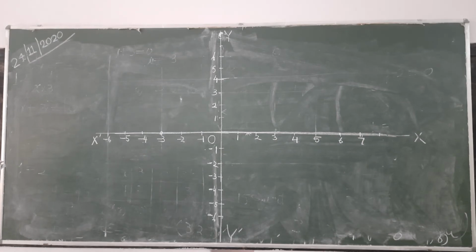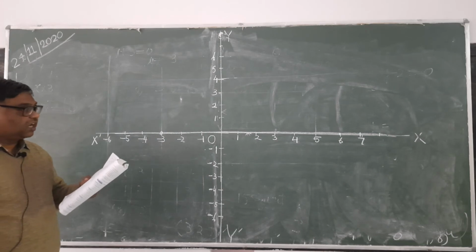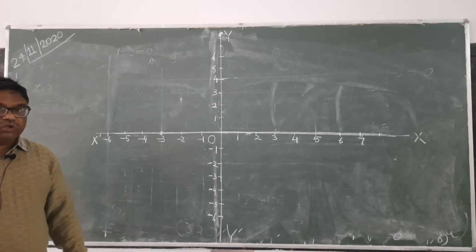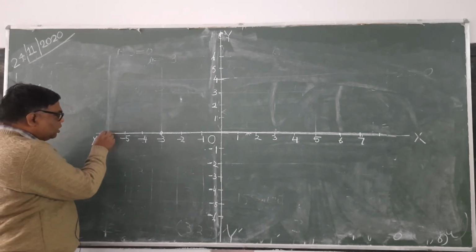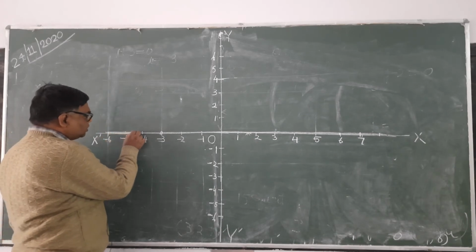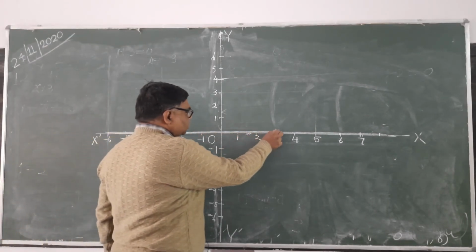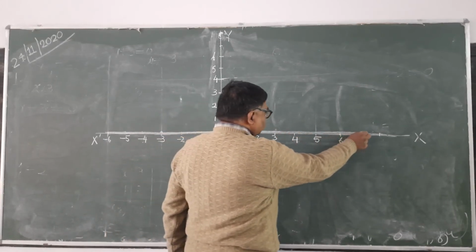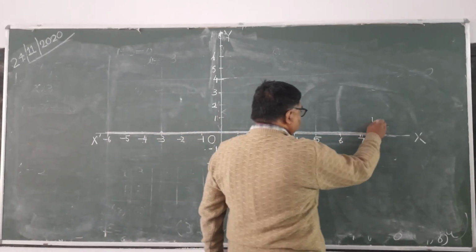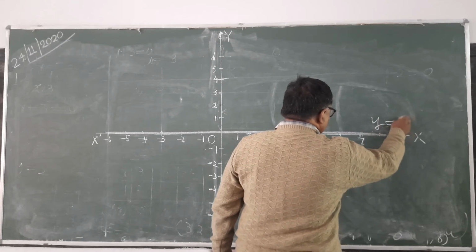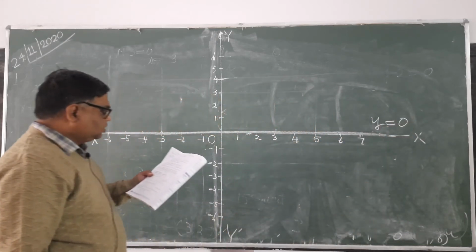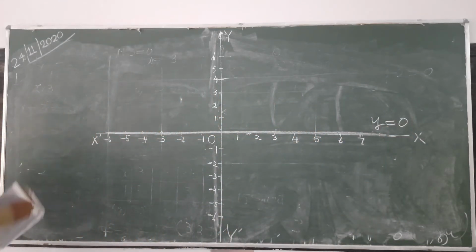find graphically the coordinates of the vertices of the triangle formed by the lines y equals to 0. Y equals to 0 is which line? It is the x-axis. This is y equals to 0. It is clear? This line is y equals to 0. You can write that y equals to 0 will be the x-axis. Then the second is y equals to x.